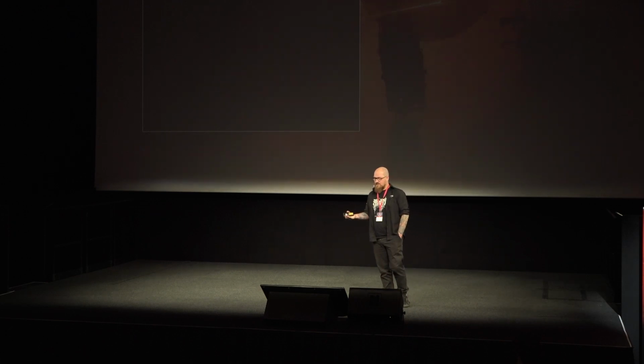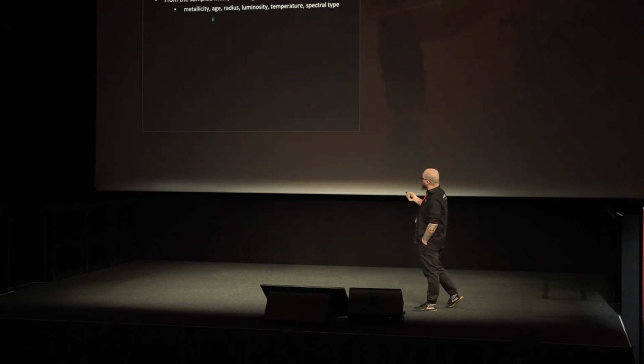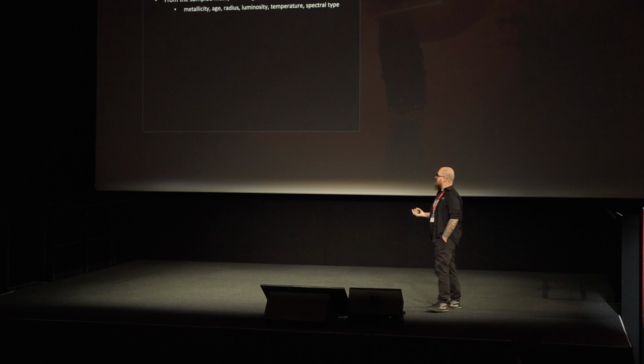We actually know from astrophysical observations and stellar modeling that there are certain scaling laws that tell us how different attributes and properties of stars relate to other attributes. For example, the luminosity of stars scales as the mass of the star to the 4th power, and then you have different scaling laws for the radius and temperature and so on. So we create a procedural generation script that takes in the mass of the star and generates the rest of the properties, and I list some of them here: metallicity, the age of the star, the radius, luminosity, temperature, spectral type, and so on. Whatever we need for the game to use.